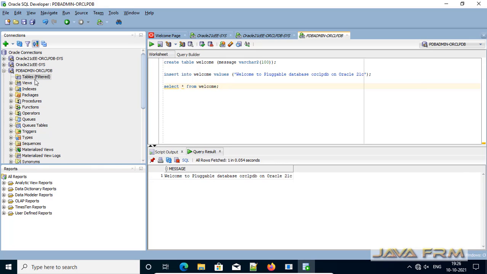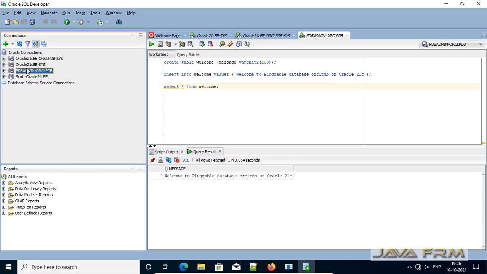Yes, so everything is successful here. So I was able to create one container user c##scott, and next I opened the connection to the pluggable database. Then I created some sample tables under the pluggable database.